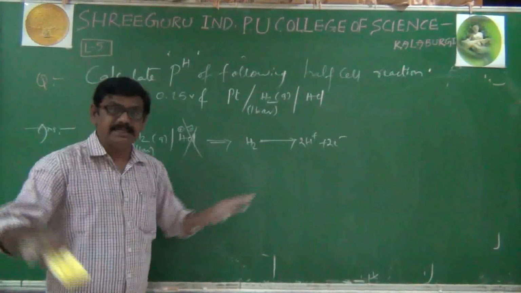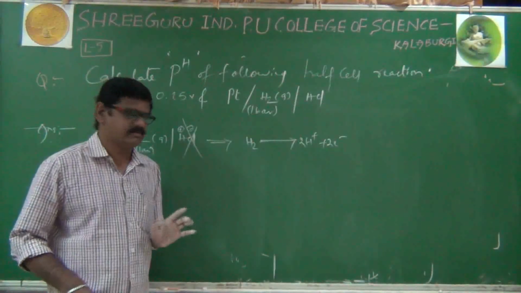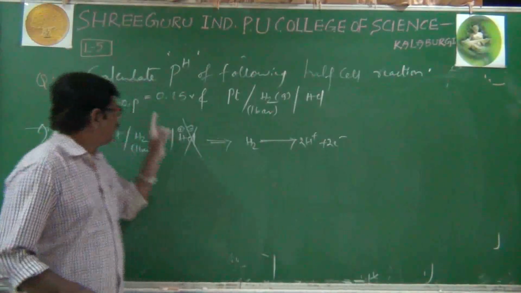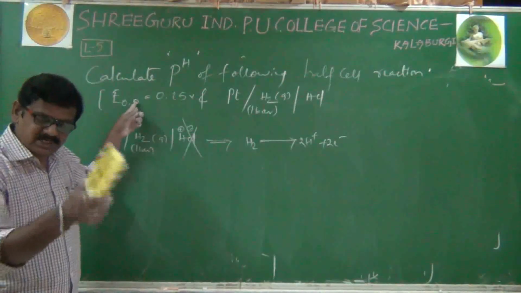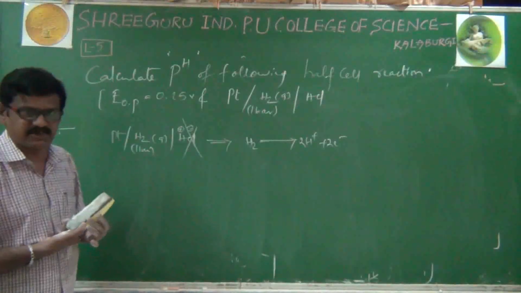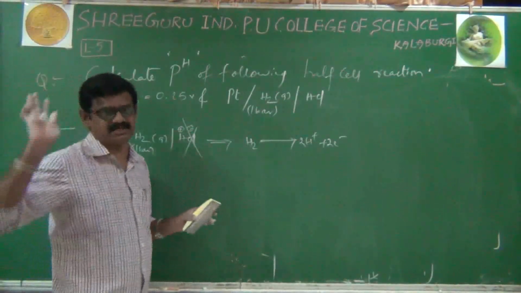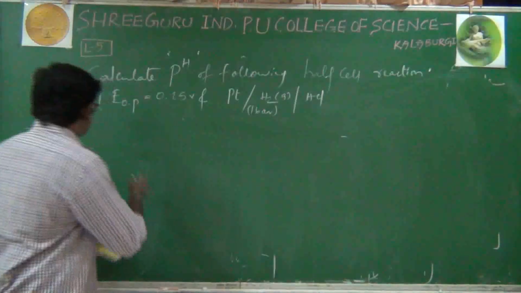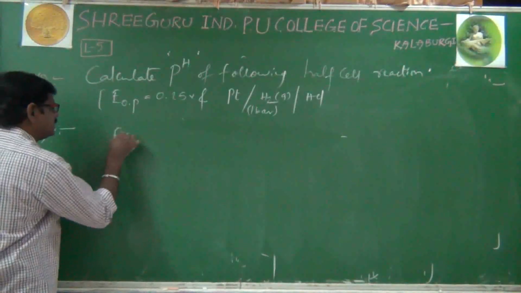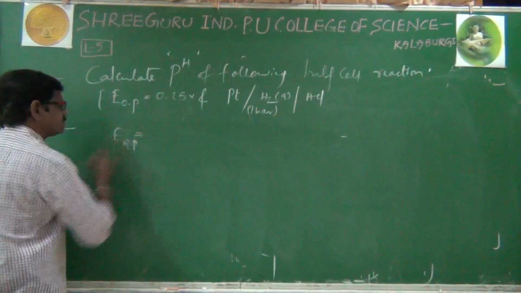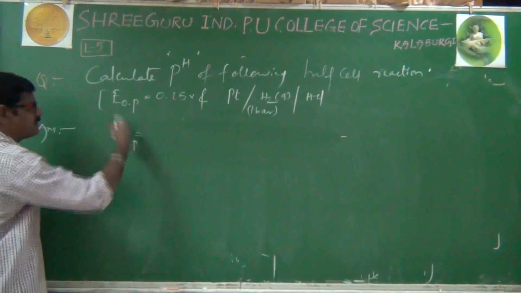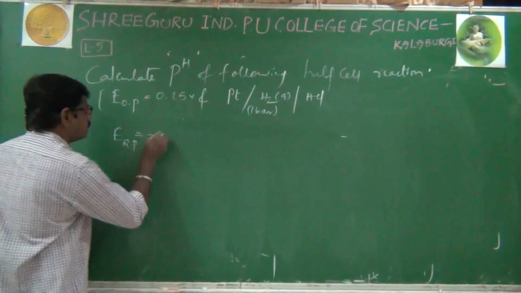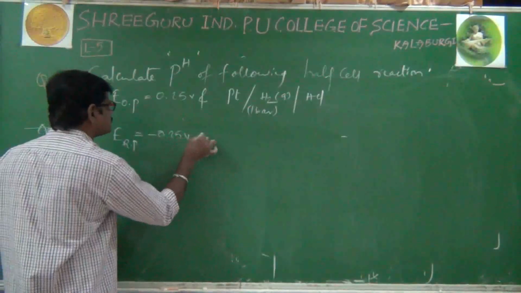There is no change in the answer, remember, because I am changing the oxidation reaction into a reduction reaction, and the oxidation potential into a reduction potential only. See here. Now the oxidation potential is given, so the reduction potential equals... you know the difference between oxidation and reduction potentials: the values are the same but only the sign is different. So therefore minus 0.25 volts.